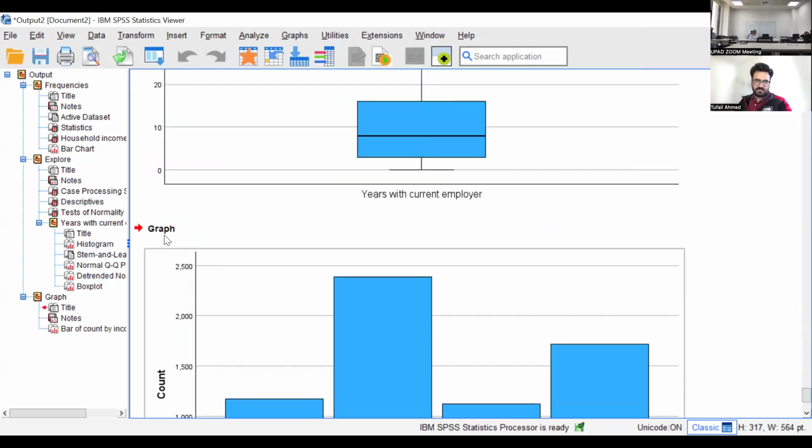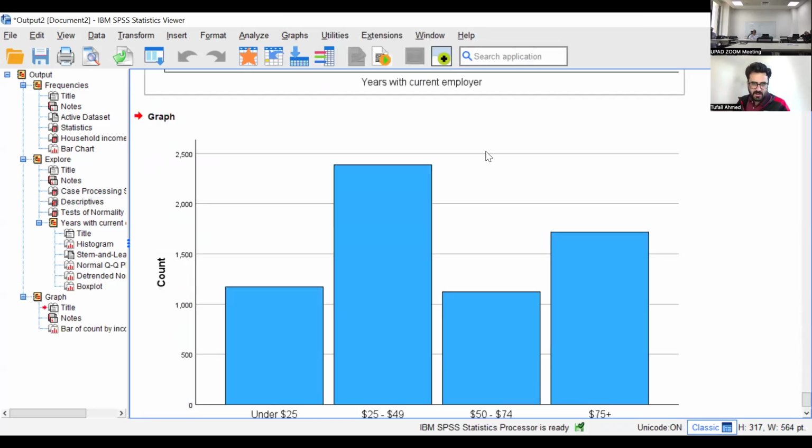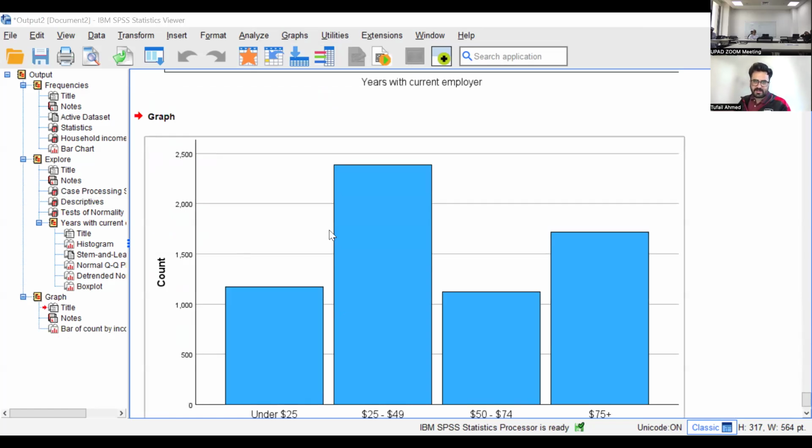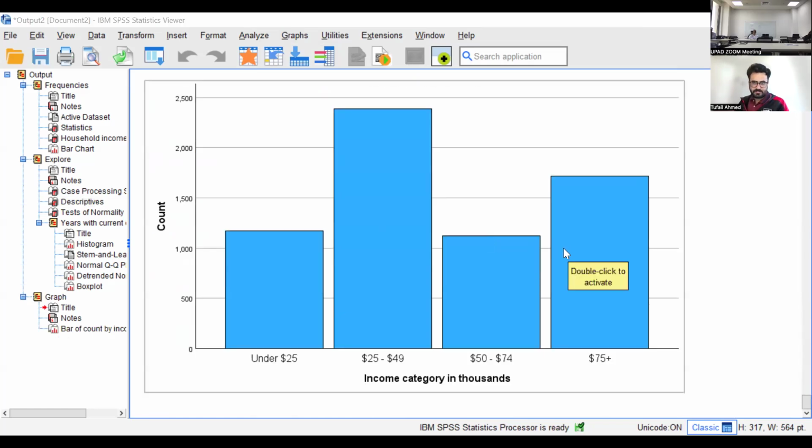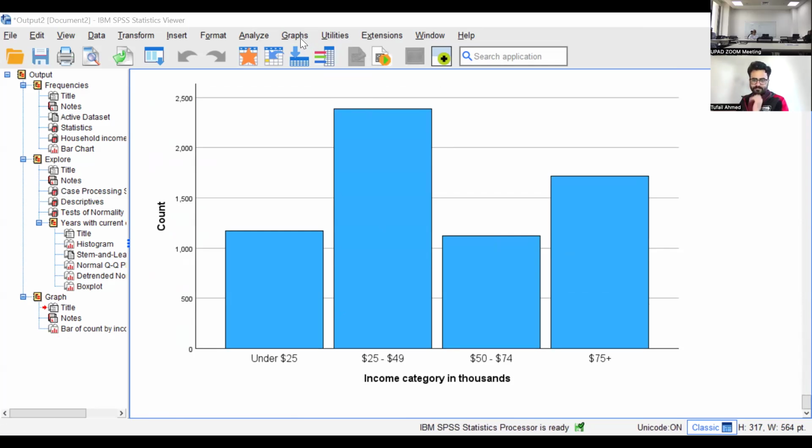I will have the bar chart of my income categories. So for example, I can see it is hourly income, like under $25. We have a count, then mostly people have income between $25 to $49 in our data. Per hour, or I don't know what the explanation of that is.